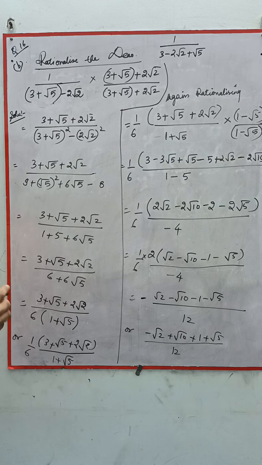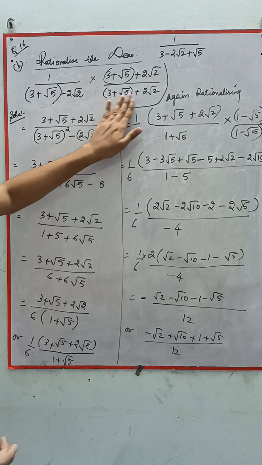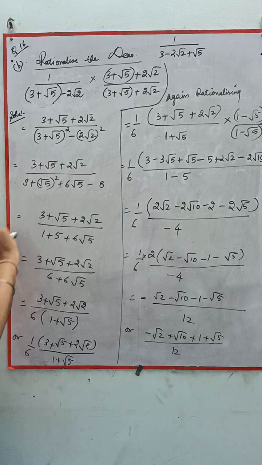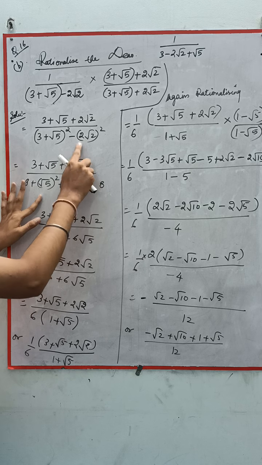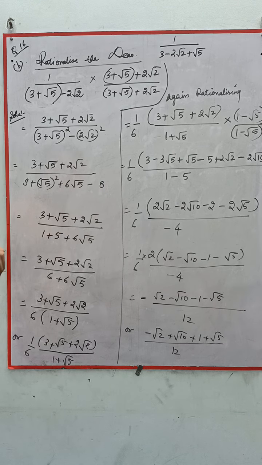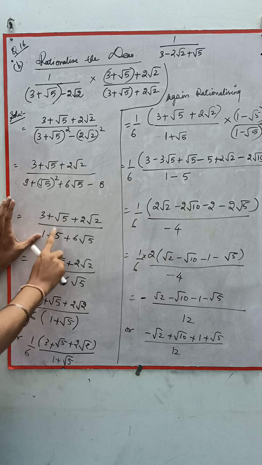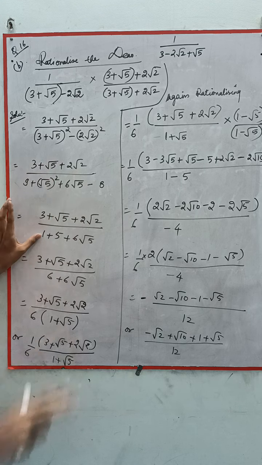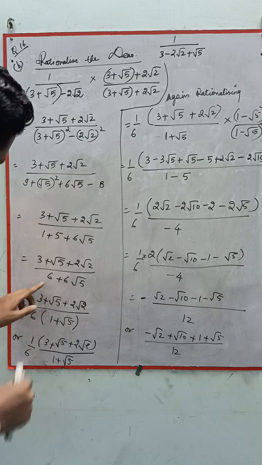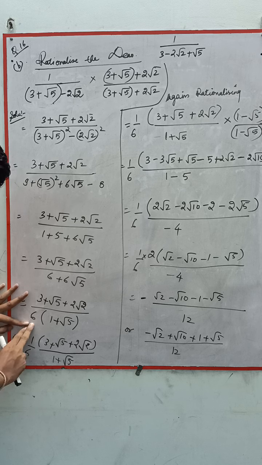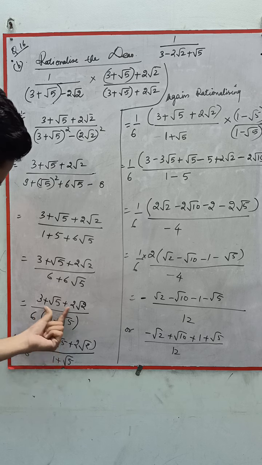Now after this step, 1 will be multiplied by this. So the same a minus b, a plus b will give you a square minus b square. Here I have opened the identity, a square plus b square plus 2ab, and 2 root 2 square is 8. Okay. Again, 9 minus 8 will give you 1, root 5 square will give you 5, 6 root 5, and the numerator as it is. Now 1 plus 5 is what? 6 plus 6 root 5, numerator same. In the denominator I took 6 common, so in the bracket we will get 1 plus root 5. So 1 upon 6 times the numerator same and the denominator.